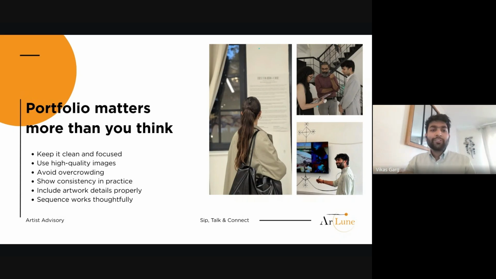Let me try to simplify this. Think of it like a space where your works can create a rhythm, sequence, and a visual flow, right? And why is it important? Because it's my series, I'll put this work first, this second, then third. But why does a good visual flow and sequence matter? Because